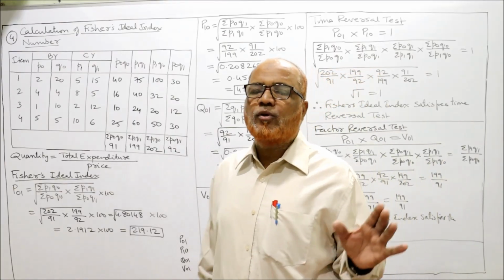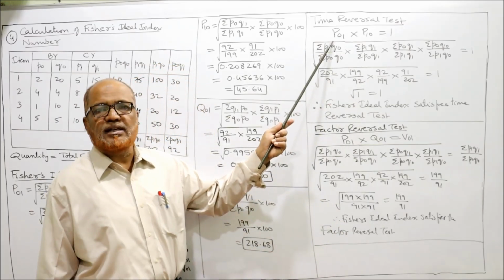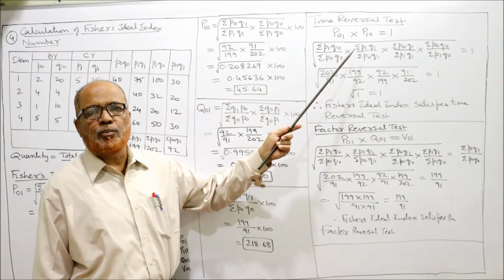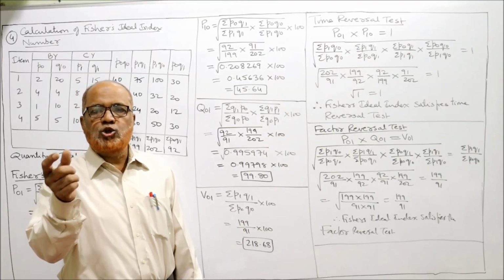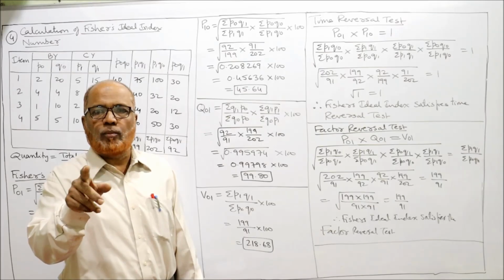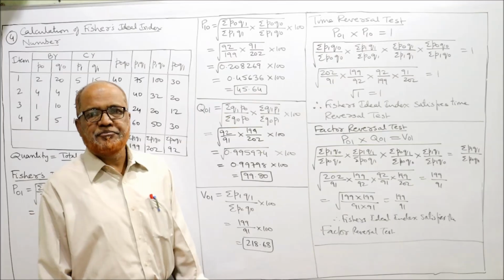Now simply we have to prove time reversal test and factor reversal test. First time reversal test, PO1 into P10 is equal to 1. And a price index of current year into price index of base year, दोनों को मल्टीप्लाई करें तो 1 आना मस्ट है, अगर आ गया तो प्रूव हो गया। चेक करेंगे।